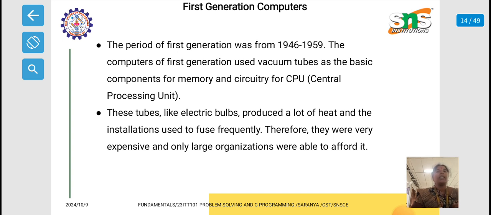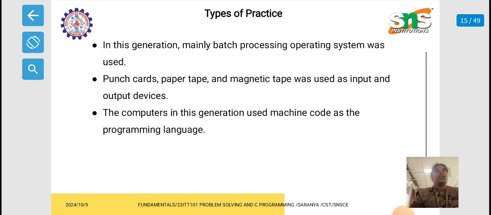These tubes, like electric bulbs, produced a lot of heat, and the installations used to fuse frequently. Therefore, they were very expensive, and only large organizations were able to afford them. In this generation, mainly batch processing operating systems were used, and punch cards, paper tapes, and